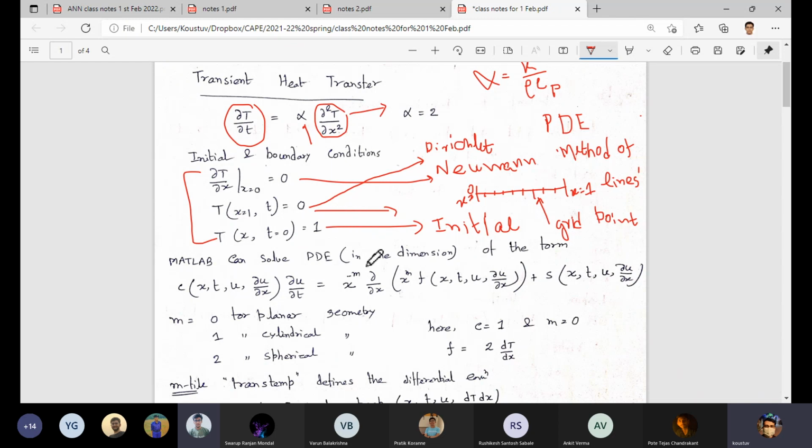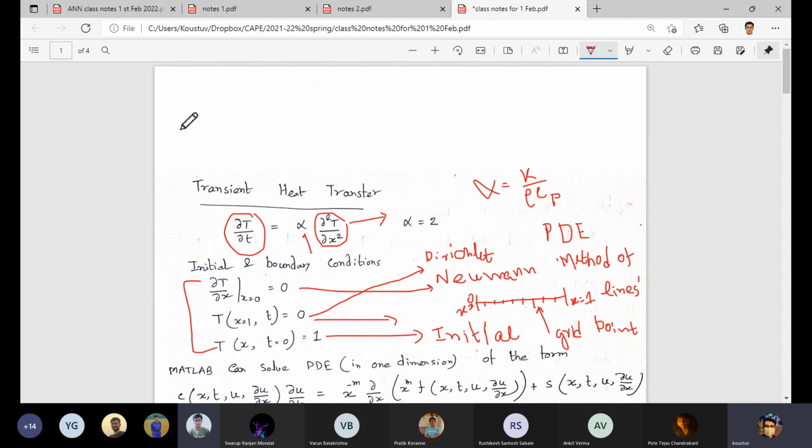So in general, overall, the temperature is a function of both x and time. Now by specifying the temperature at each of these grid points, what we are essentially trying to do is make it discrete temperature at the grid points. So that's also a method of discretization. In partial differential equation solving, we often come across this term called discretization.